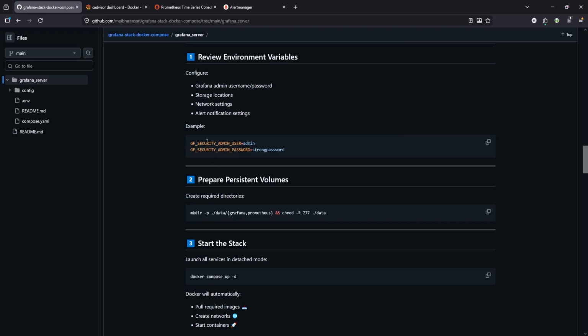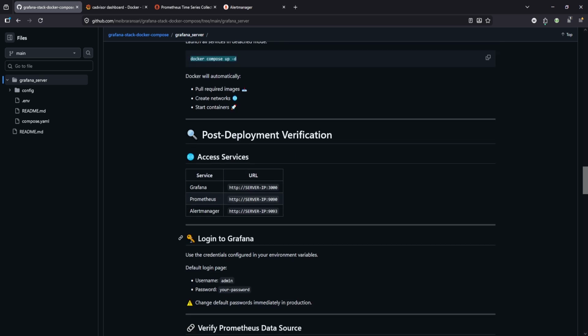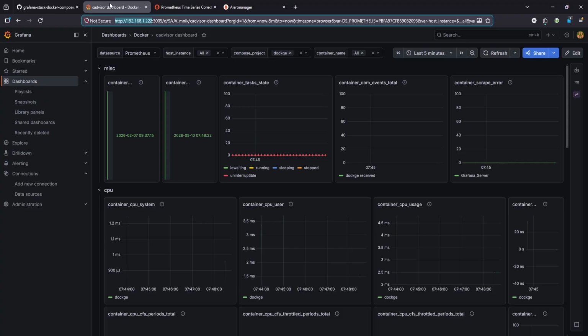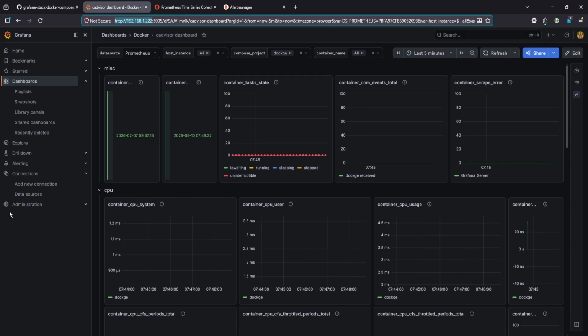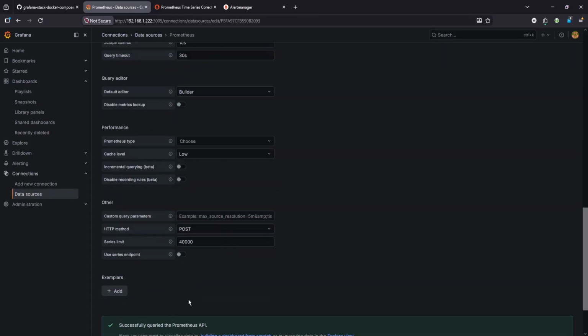If you want to change, you can add it in the compose file directly instead of the .env file, right? So we created the persistent data storage as data, and after that you can start the stack and log in to Grafana with your credentials. The data source is already added and configured, right? So no need to configure the data source again. You can see here it's default, and just save it and test it,